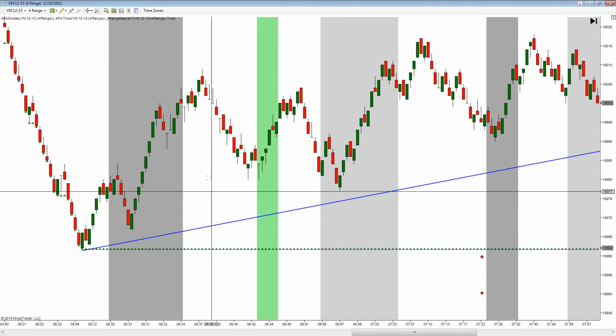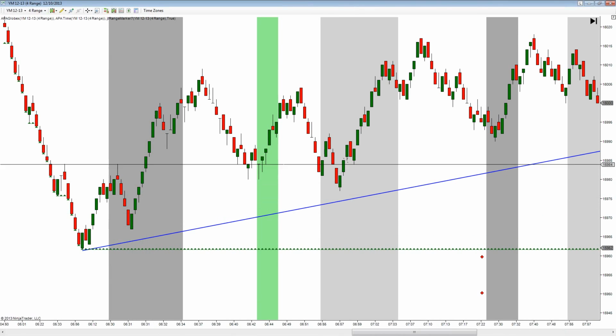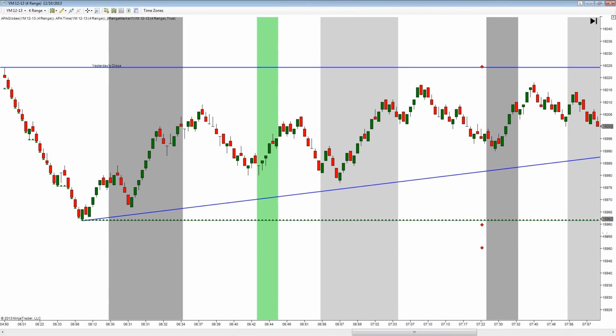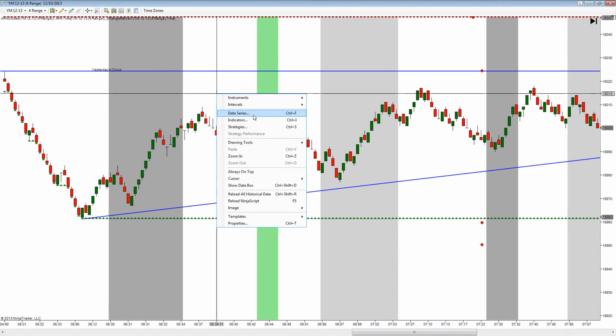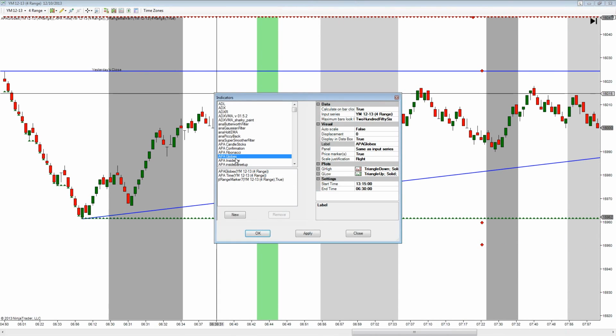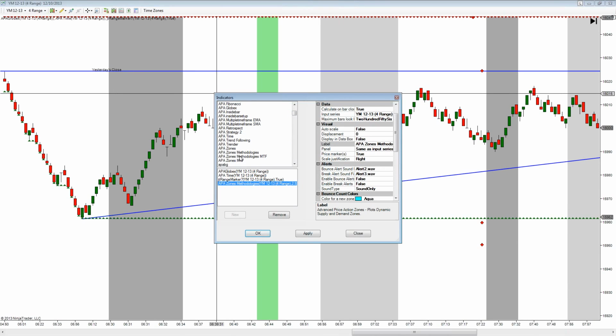This is actually starting at 6:30. You can see price dipping down in here. Oh, I thought I had my things applied here. Hold on one second. I'm going to get into the APA methodologies here, which is kind of, well, it's the